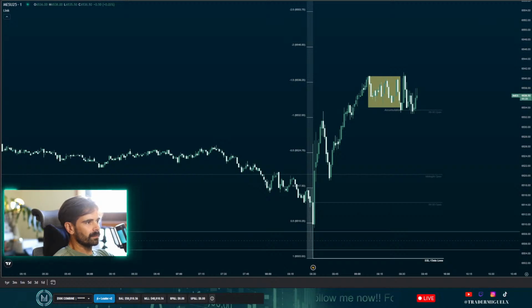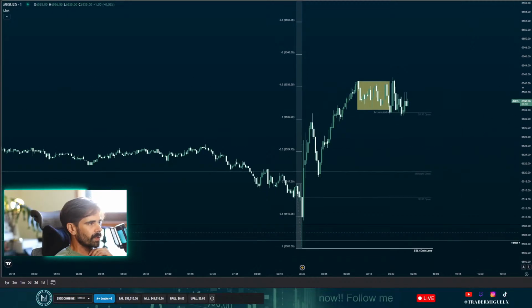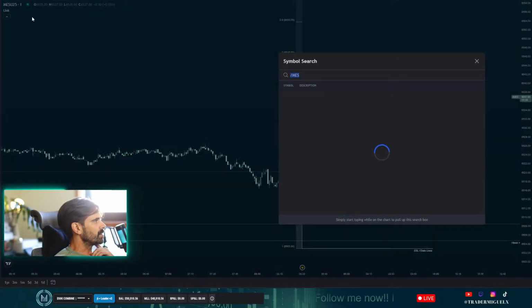Yeah, ES is still mumbling around here. NQ took some measure of sell side already, while ES is still struggling to get any sort of direction. Yeah, so far nothing to do here. If we take a look at NQ,